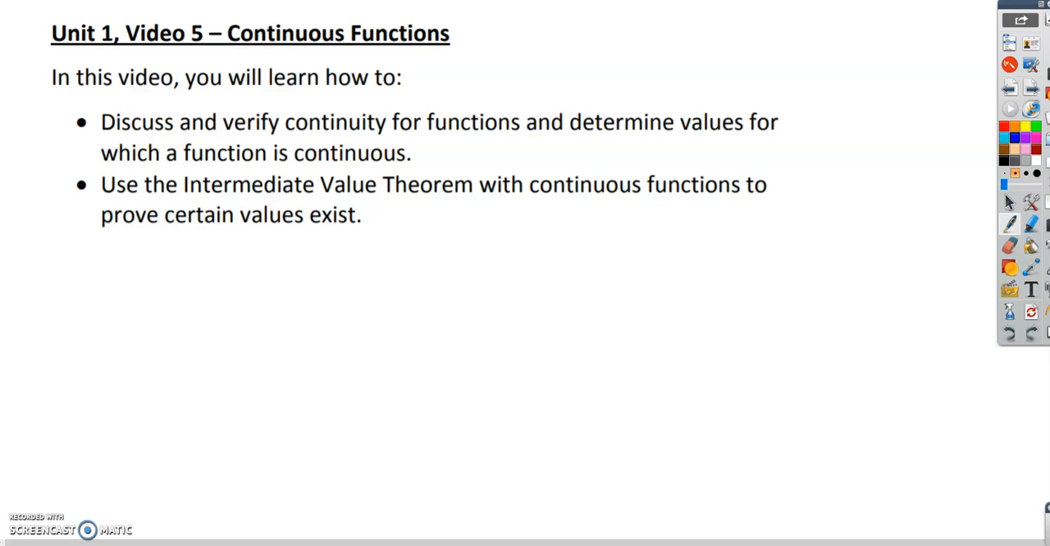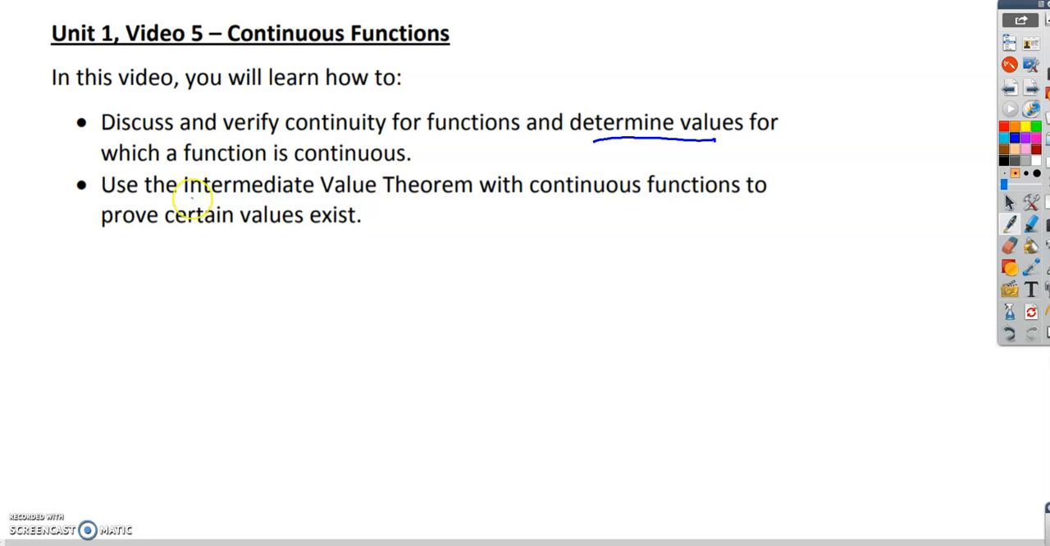All right, folks, we're back with video 5 for Unit 1. We're going to talk about what it means to be continuous, or rather, what makes a function discontinuous in today's lesson. So, you should know how to, again, verify if something is continuous or find the values where it is